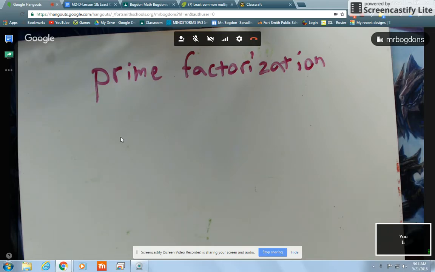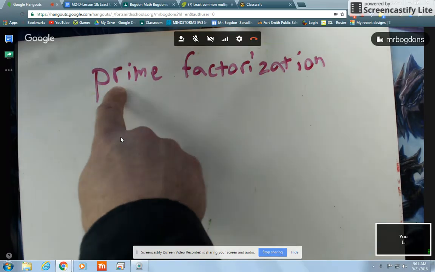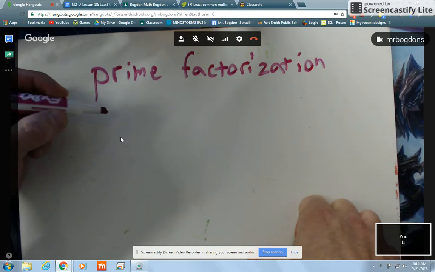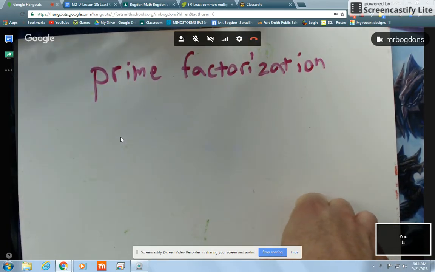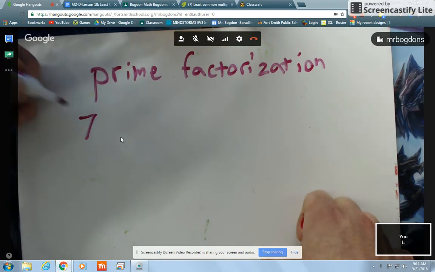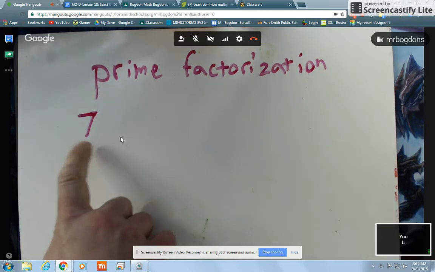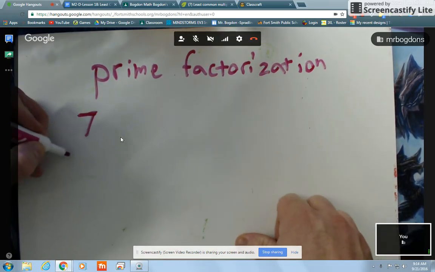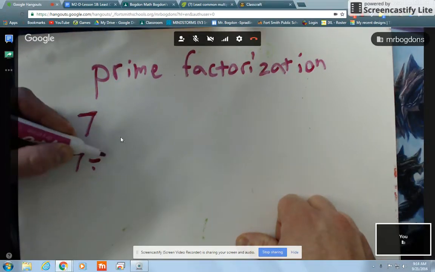So let's just look at the words prime factorization. What does the word prime mean? Not multiply by. You can't divide anything into it other than one and itself. Like, let's look at 7. Is there a number that divides into 7 other than 7 and 1? I know the only factors of 7